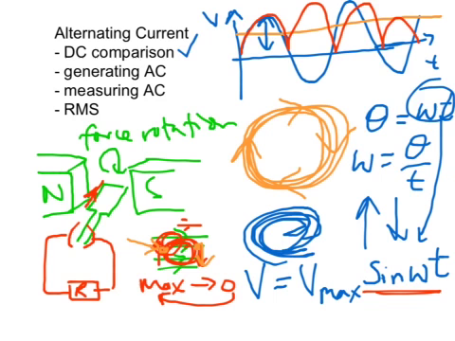The direction the wire moves is changing with respect to the magnetic field. Splitting the ring here provides a way for that to always produce current going in the same direction around the circuit, and that produces this changing output. It's like a sine wave with all the negative parts flipped and put onto the top. Okay, now this is one way to produce DC, but AC has a slightly different setup where